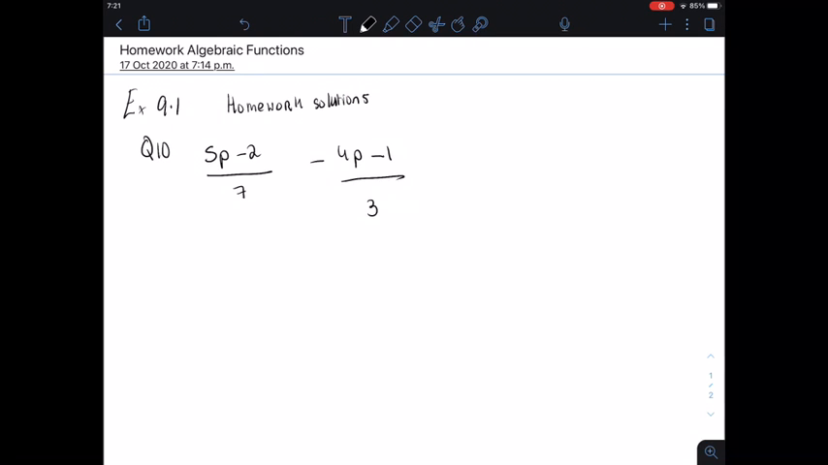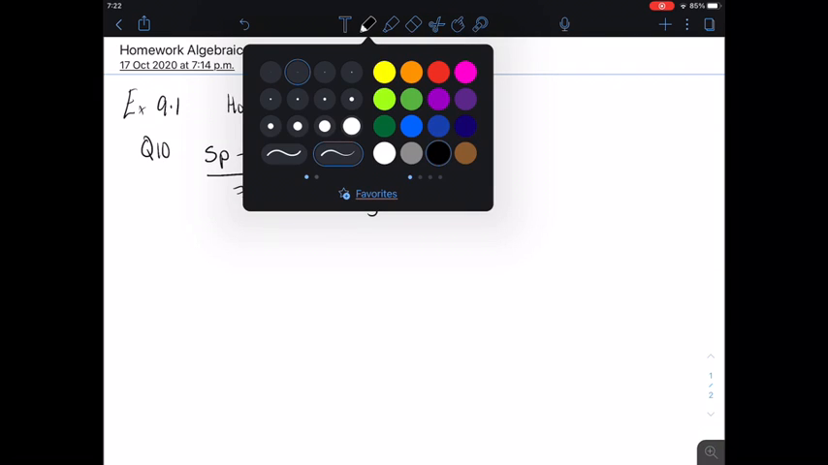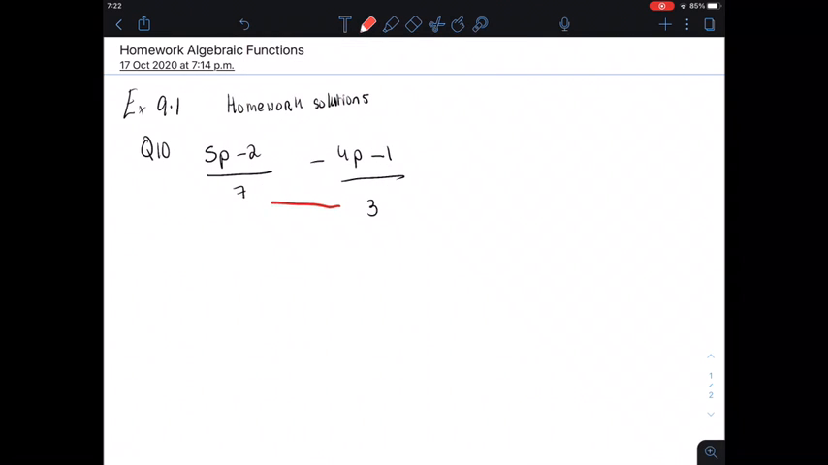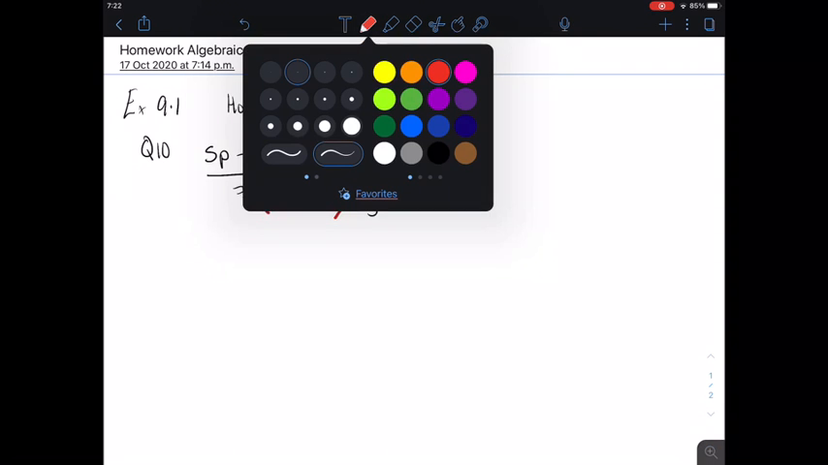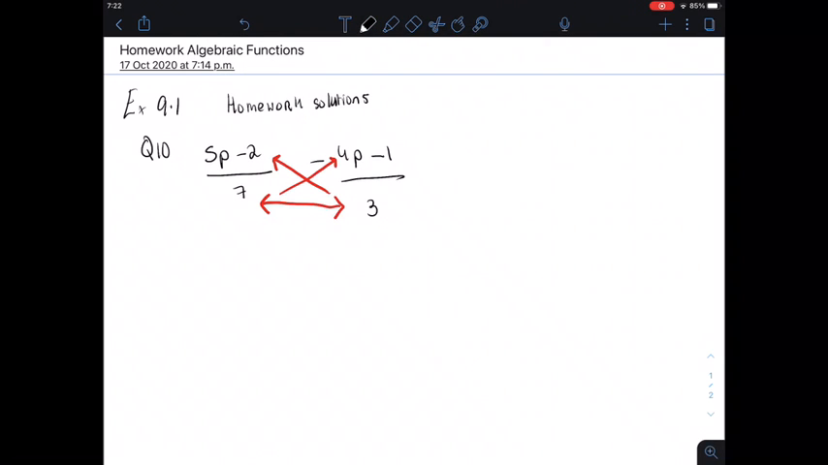Okay, let's correct our homework. So this is exercise 9.1, question 10. So we have 5p minus 2 over 7 minus 4p minus 1 over 3. To write this as one fraction, you are going to do the same method as we have before. You're going to cross multiply to find your new tops and then multiply your bottoms together to find your new bottom. So following our arrows, this gives us 7 times 3 on the bottom,